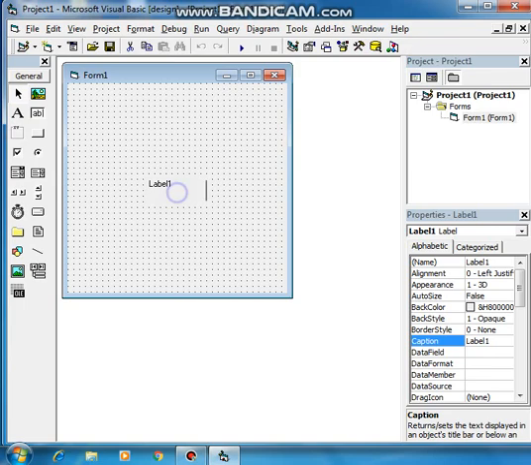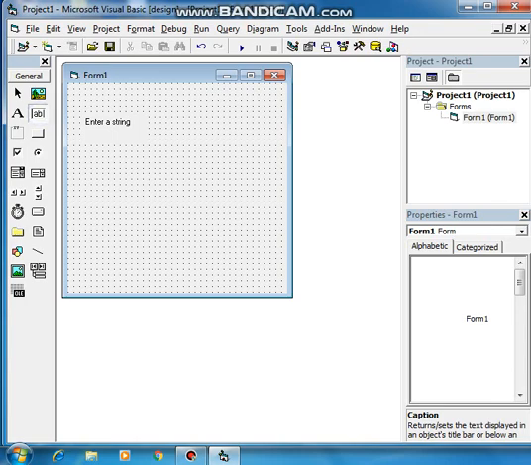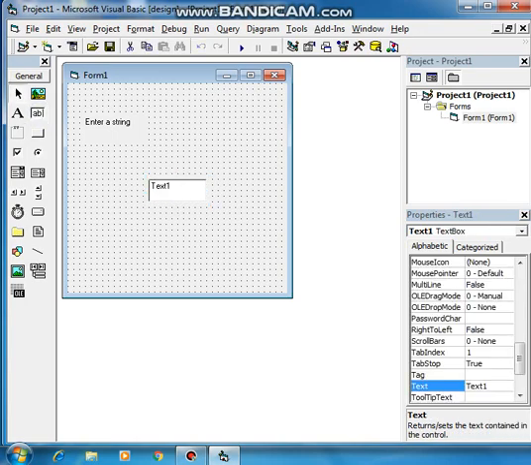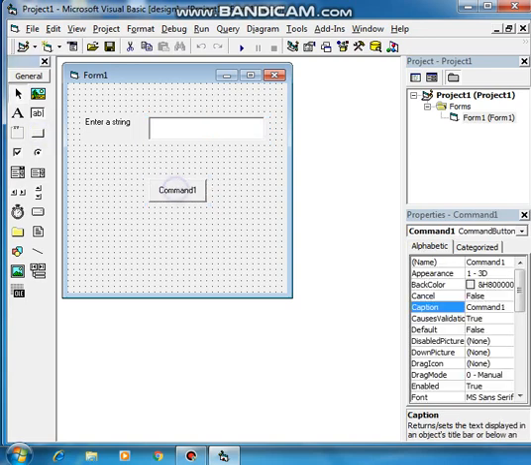So first the label is coming. In label what we need to write, students? Here now enter a string. String means word. Fine. Then I took a text field where you have to input the text. So I'm keeping it blank, as well as if I wish to extend, I can extend also. I can give color also, which I taught you in previous class. So this is done.